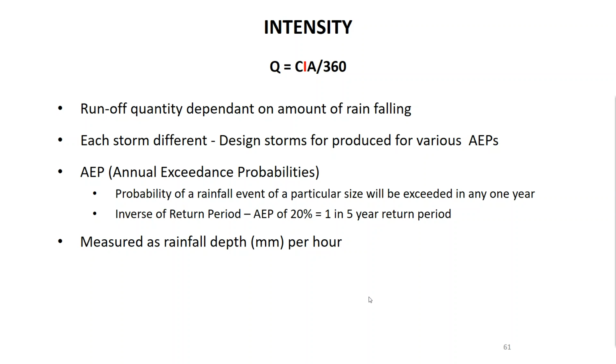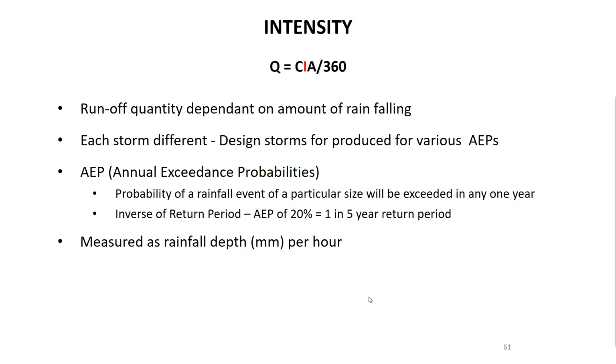And so what we do when we're designing a system is we have to pick a design storm for various AEPs. We can't design for the worst storm ever, because then we just have an overly sized system. So what we do is we design for a design storm. AEP, annual exceedance probability, is the probability that a rainfall event of a particular size will be exceeded in any